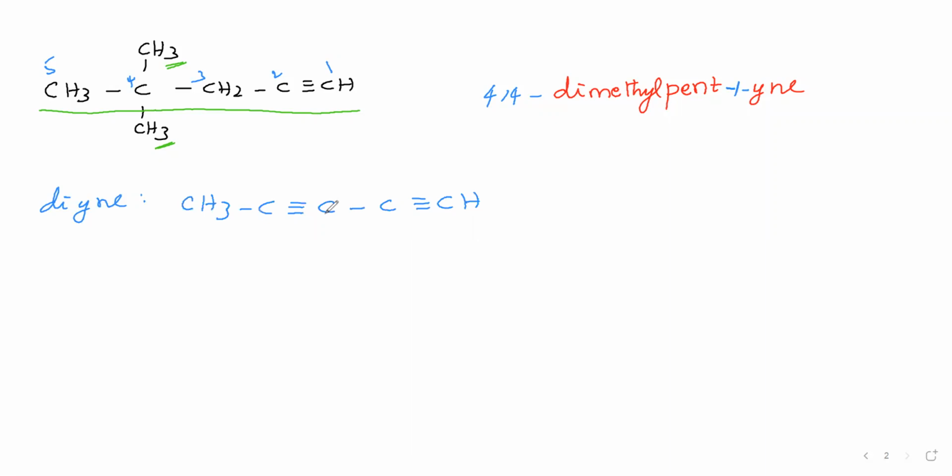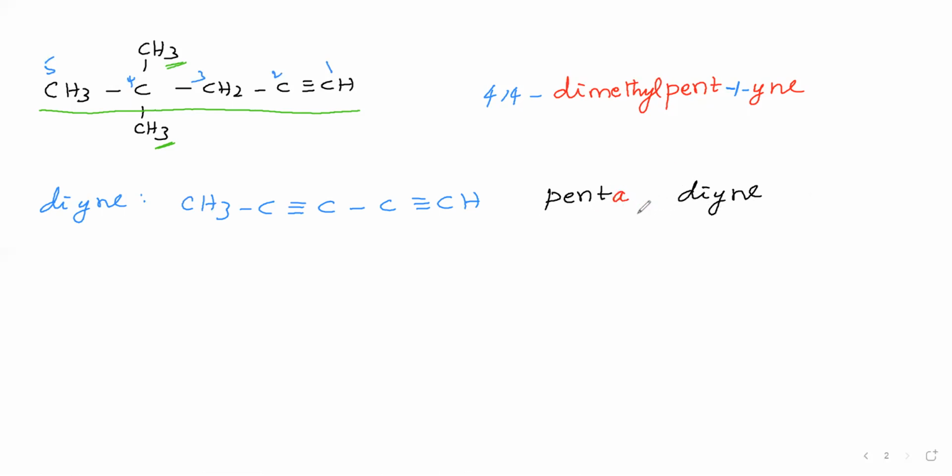Now, for this parent chain, how many carbon atoms does it contain? You see, 2, 4, 5. 5 carbon atoms are there. Therefore, we have said "pent", which is the root word in the IUPAC name. Then the triple bond is present 2 times. Therefore, we are saying diyne. If the triple bond is present more than 1 time, that means 2 times, 3 times, then to the root word we have to include "a". So we have written "penta" and "diyne".